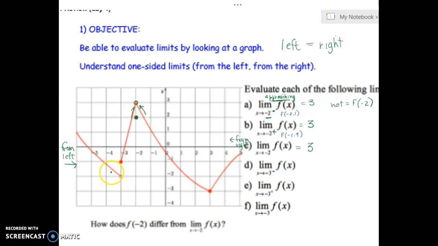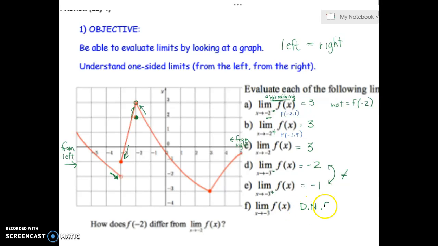So we're coming in from the left. Just on that one-sided limit, my y values are approaching negative 2. That's a one-sided limit. As I approach negative 3 from the right, however, coming in from the right, I'm approaching y equals negative 1. Since these two things are not equal, the limit overall as x goes to negative 3